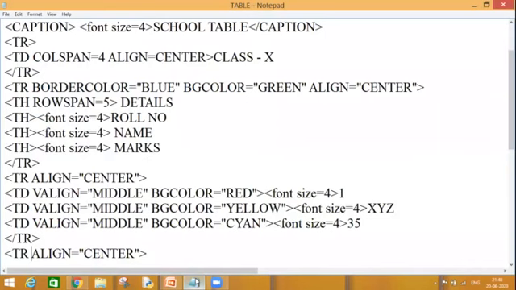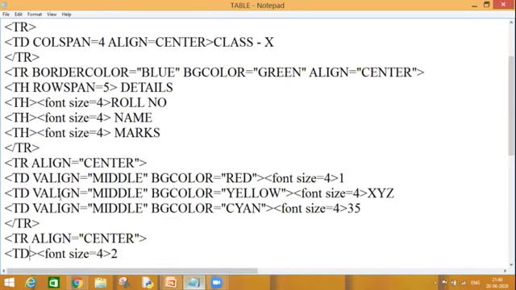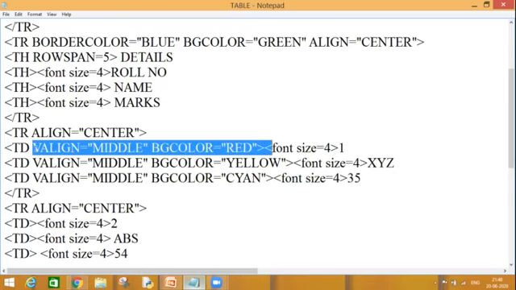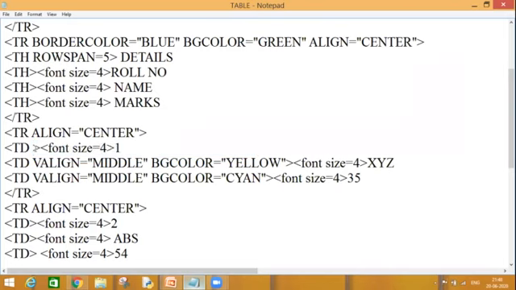Okay, I can show you one more example related to this rowspan and colspan. This is my second row, right? This is my third row accordingly now. So if I do this, let me remove this because I added this now.